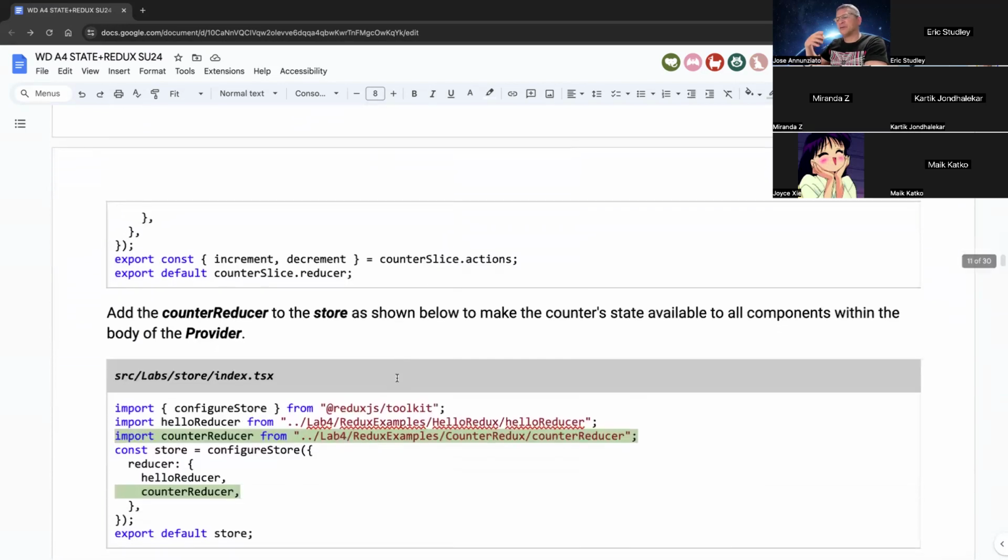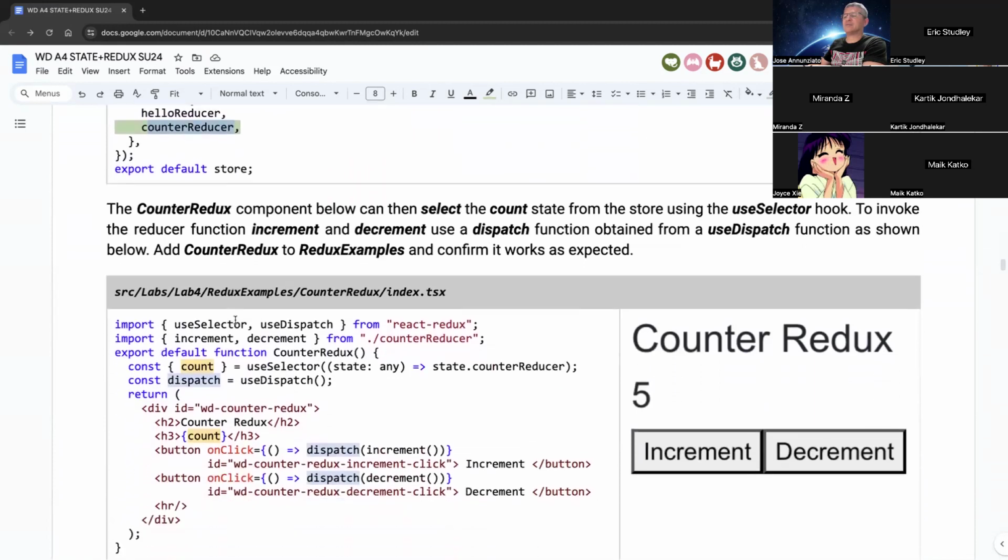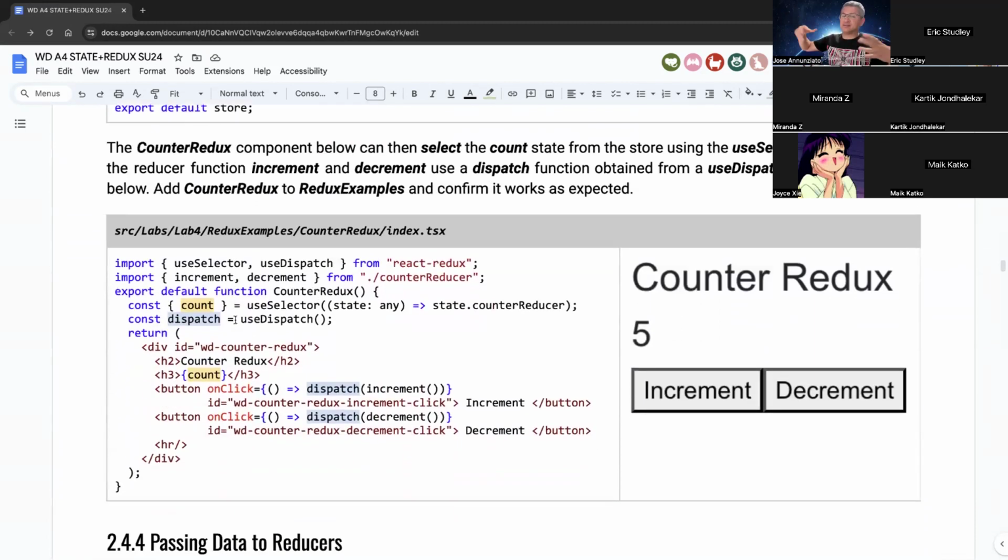And then we focused on how we integrate this. We first pull the new counter reducer into the store, and now it's being provided. Anybody can access this using the selector. And yes, we created a counter Redux component that can extract the current count and display it. There it is. It's whatever initial value, 5. But then we also,